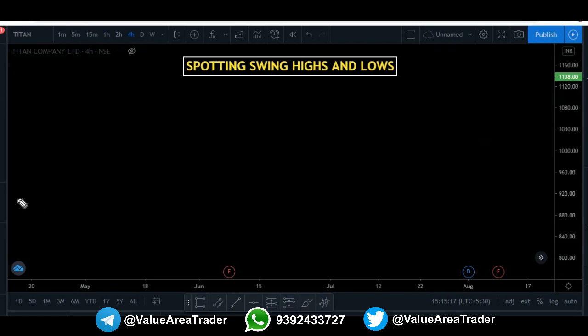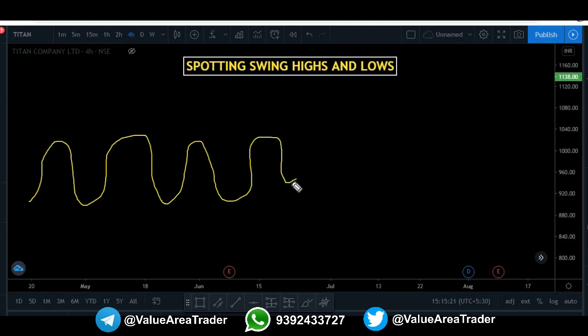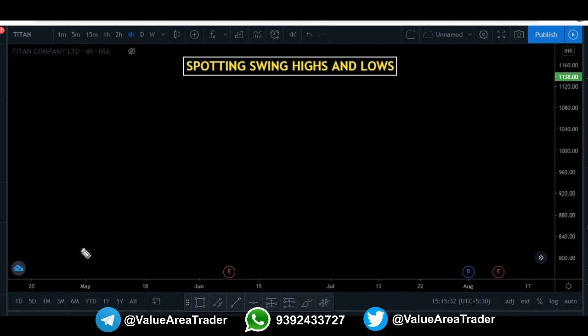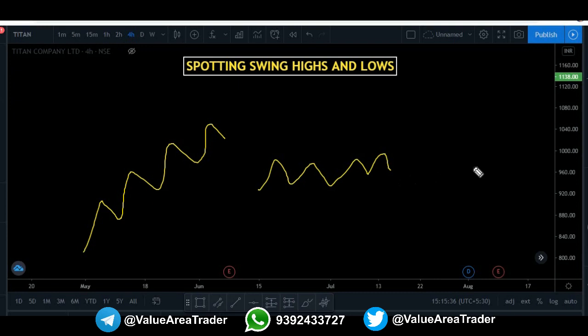So let me tell you what swings are. Swings are nothing but the up and down movement of the price. If a stock is moving in a healthy fashion, it should move with swings, that means both up movement and down movement. Up movement is done by green candles and the down movement is done by red candles. Whether an uptrend, a side trend or a downtrend, it has to swing. Whenever it makes a swing and makes a turn, it gives you intermediate highs and lows.